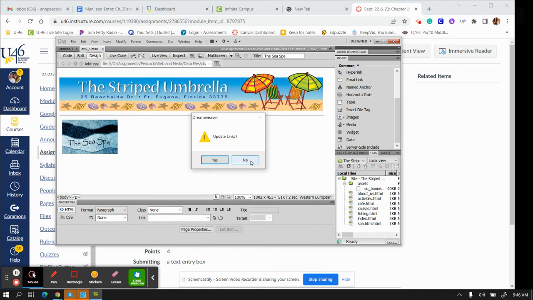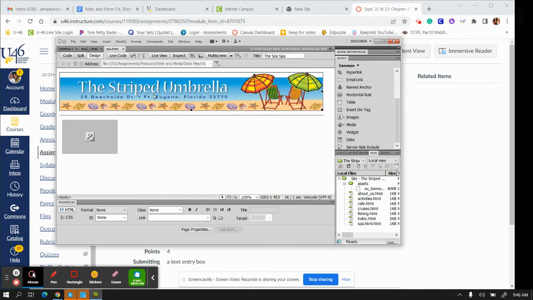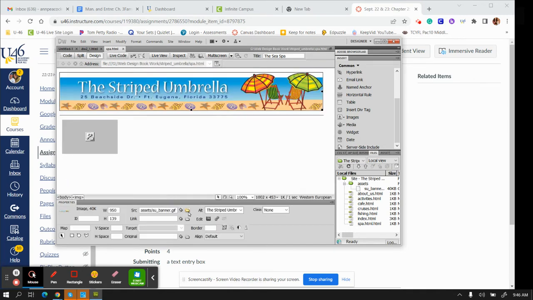The book again says do not update the links. Click no. I'm going to select the banner. Then it asks you to select the banner. Come down here to the assets page. Because I've already copied the sun banner, the banner image is available. And the SRC text box shows that the link is in the correct folder. So this shows it's in my asset folder. This, however, is not linked. So to fix it, I browse the file icon,